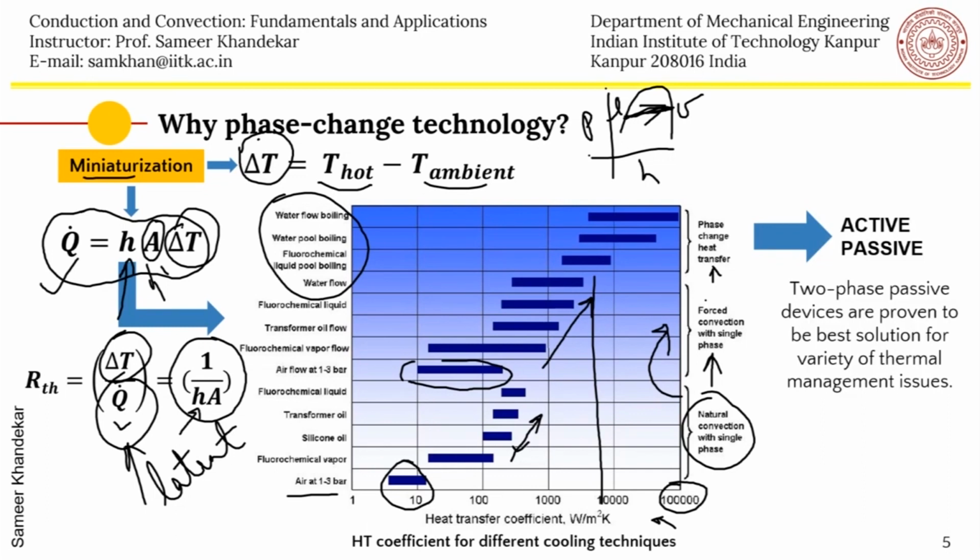We will of course concentrate in this lecture on passive two-phase systems because they are proven to be the best solutions for a variety of thermal management issues. They are passive. They have very large heat transfer coefficients. They make use of the latent heat, and there is no external pump required to run these systems. So let us take an example of the heat pipe, which is the most convenient and the most interesting